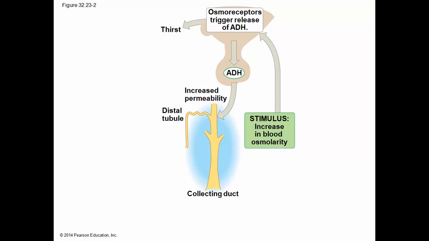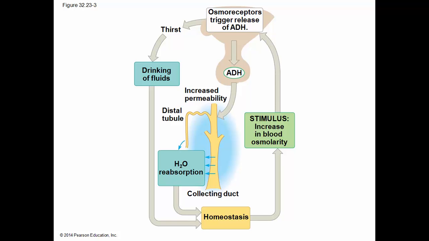Okay, so here the osmoreceptors in the hypothalamus trigger a release of antidiuretic hormone. This causes thirst. Thirst causes the increased drinking of fluids. This will relate to homeostasis. The stimulus, an increase in blood osmolarity, releases the